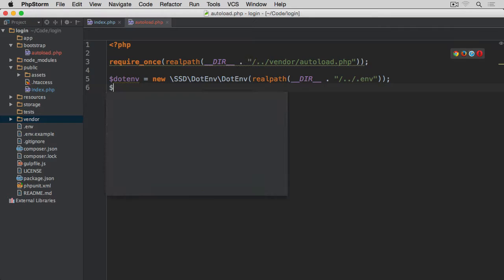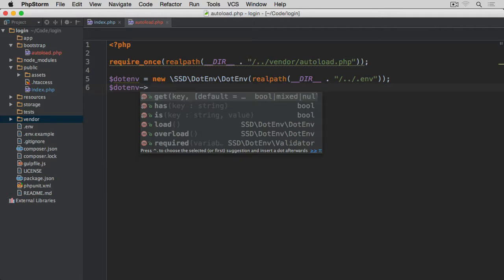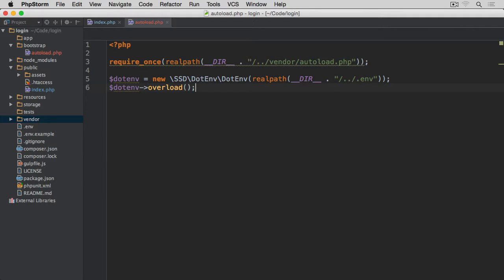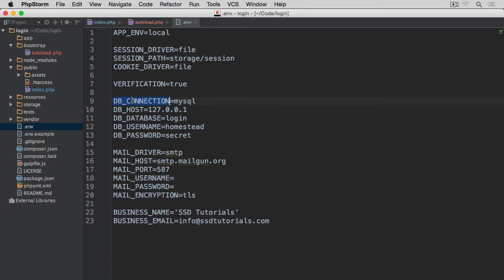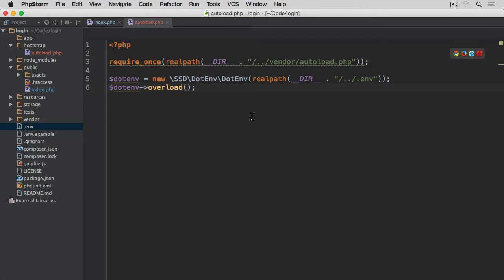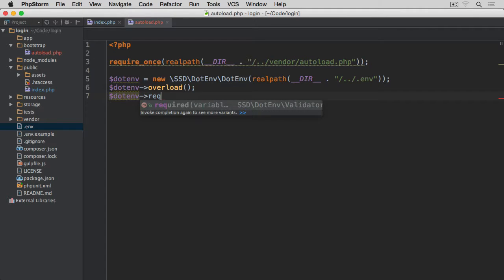The next thing we need to do is to use .env and call method overload. Overload will basically overwrite any variables that are specified within this file that may have already been defined. So if there's any environment variable that already exists, then it's going to be overwritten with what we have in this .env file. Next thing, .env, we need to specify some requirements, so required, and that's taking the array,